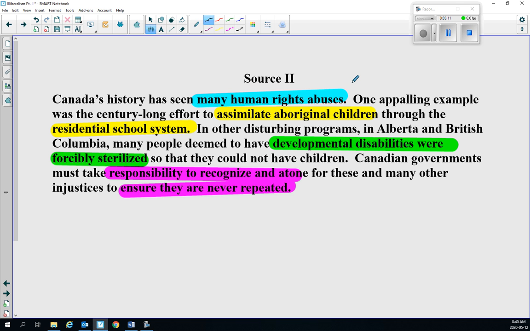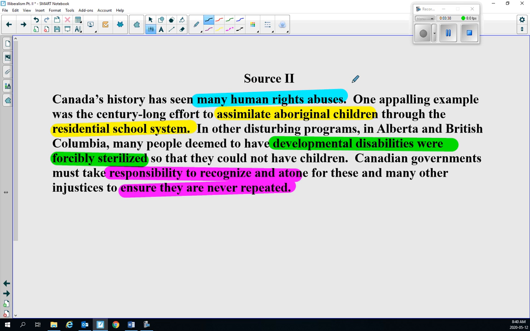And then it goes on to say that this wasn't the only time this has happened in Canada's past. The policy of eugenics. So people with developmental disabilities were forcibly sterilized so they couldn't have kids. And you would establish why this was a violation of human rights. Talk a bit about that. If you know any numbers involved with that, you would talk about them at that point. If you know the dates involved, you would talk about them.